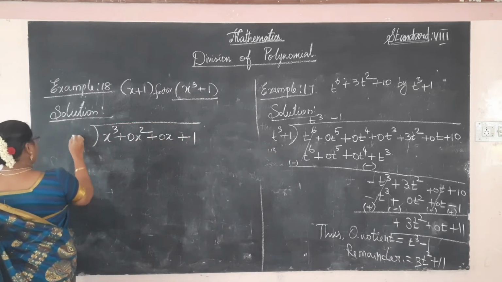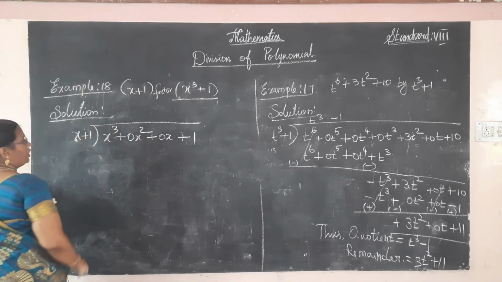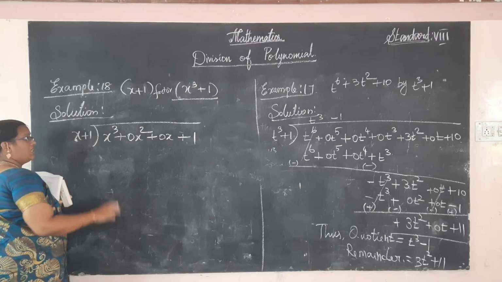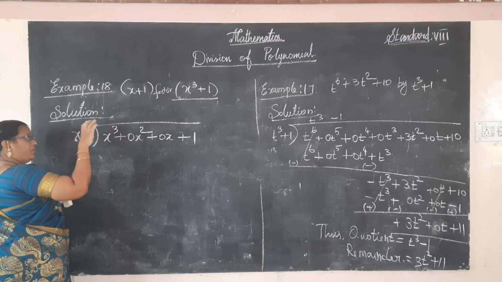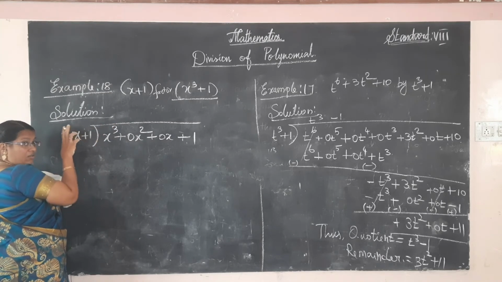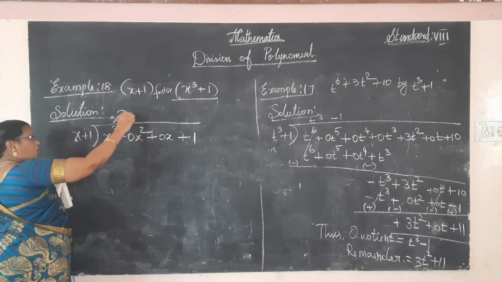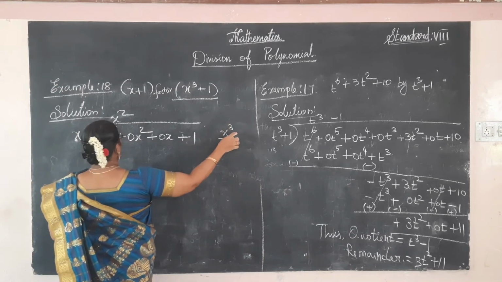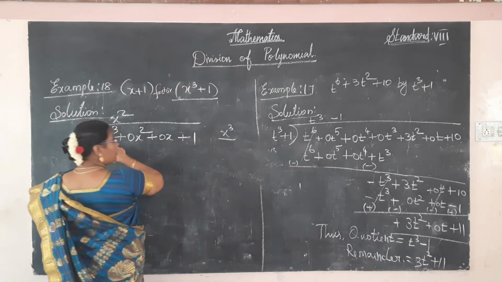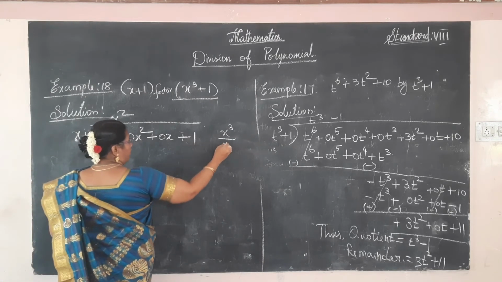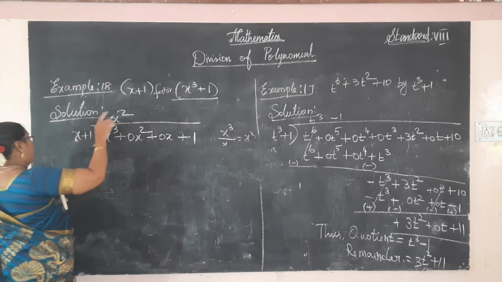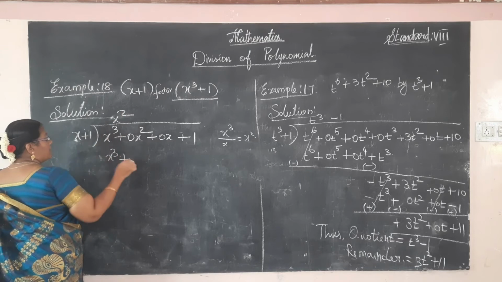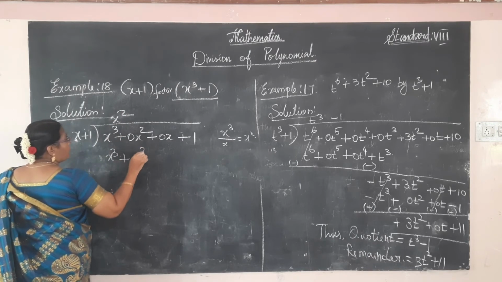Now find the factor x plus 1. How can you find the quotient? You divide the first term of the dividend by the first term of the divisor. What do we get? x square. If you want, write it in the rough work area, as already told to you. So we get x power 2. Now multiply each term by the quotient value. So x squared into x power 3 plus, multiplying this value, we get 1x square.